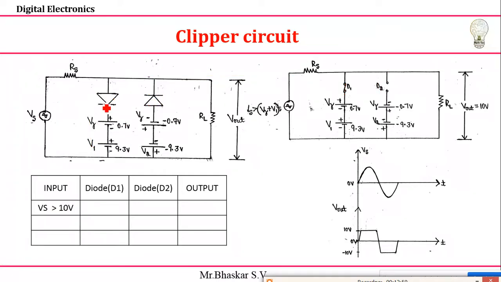So diode D1 is forward biased when Vs is greater than 10 volts. That's why diode D1 is forward biased and diode D2 is reverse biased. And now you tell me what output voltage I'll get. This output voltage I need. Once D1 is forward biased and the D2 circuit is not working, now it is a dummy circuit. Then only this circuit remains, which we already analyzed in the positive clipper. What voltage will we get, the output voltage, when Vs is greater than 10 volts?